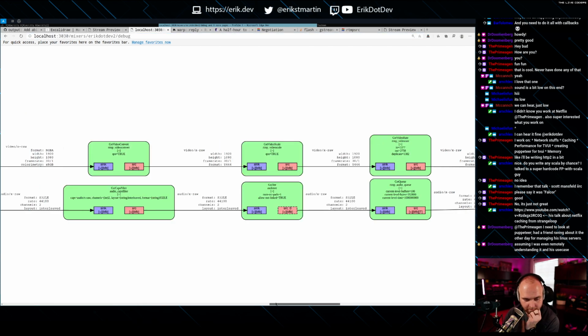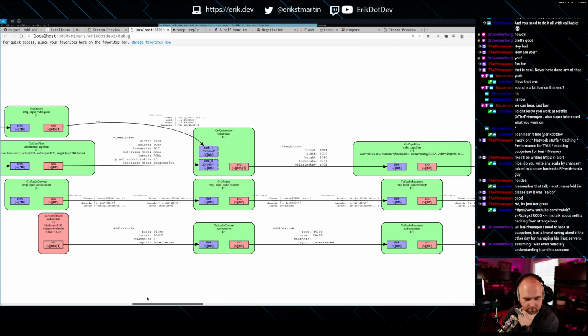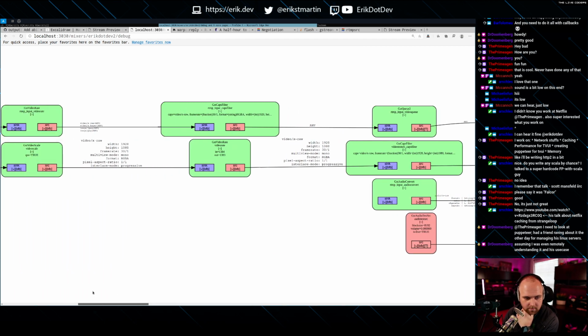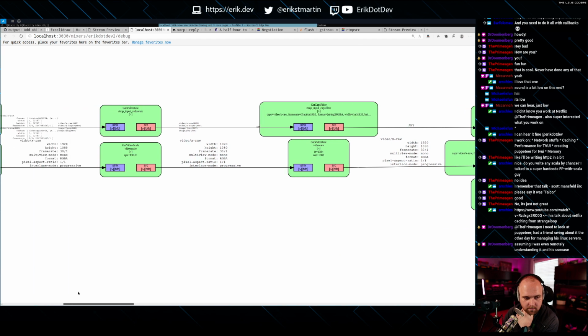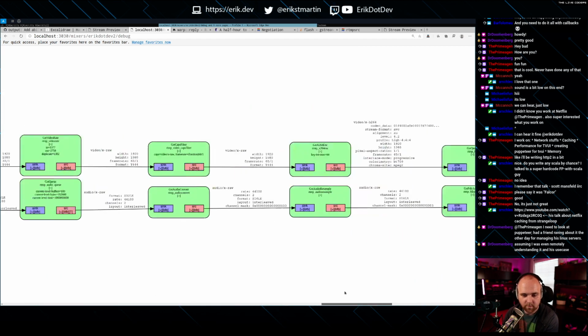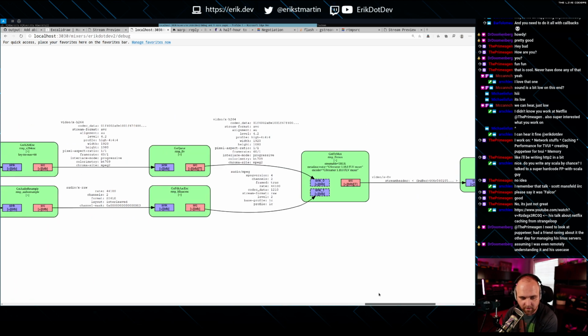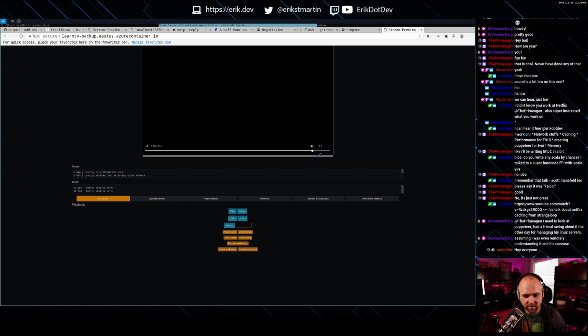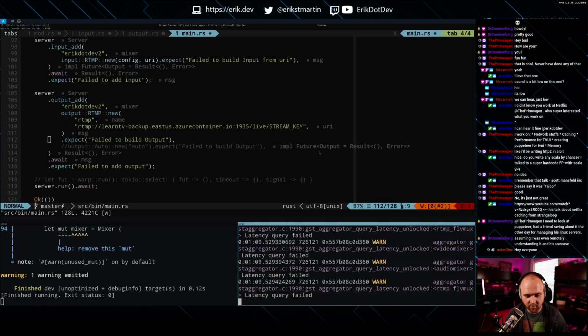Okay, well, let's find it. So we know we have this RTMP sink going out, right? Because we can see the running background video, but somehow our